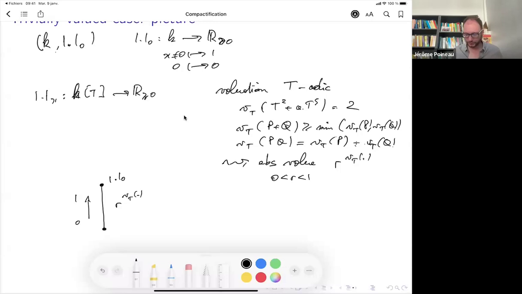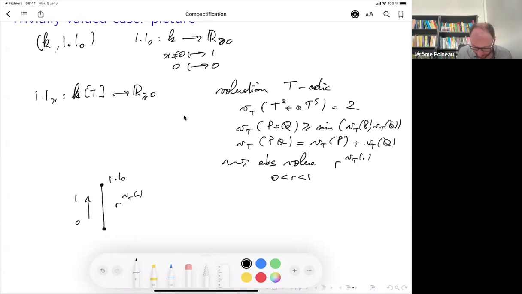Basically, all the elements have absolute value 0, except those which have valuation 0. So if you look carefully at this, you can describe it as a limit, and it's going to give you an absolute value. I mean, not an absolute value, actually a semi-norm.